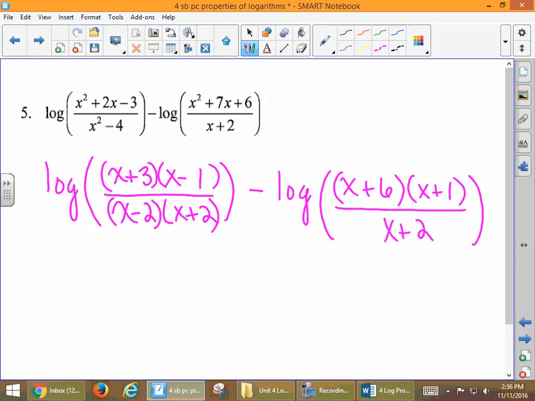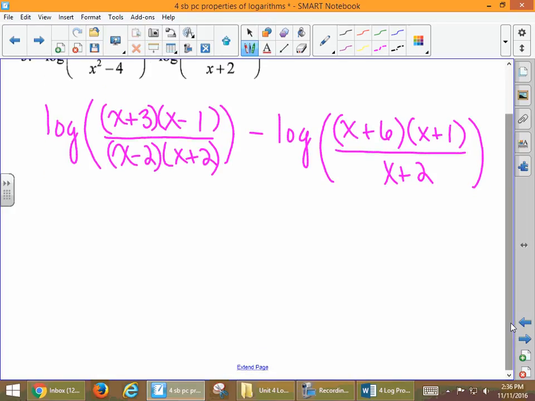Now, we've got that factored. We could have factored at a different point in the problem. But now what we can deal with is the fact that we have a minus sign in between those two common logs. Well, minus means that we're going to apply the quotient property. So this is going to be log